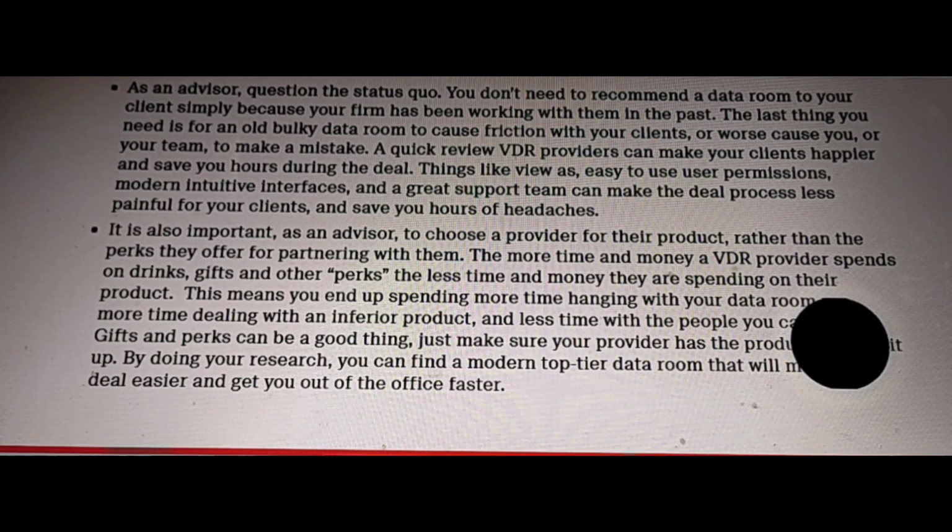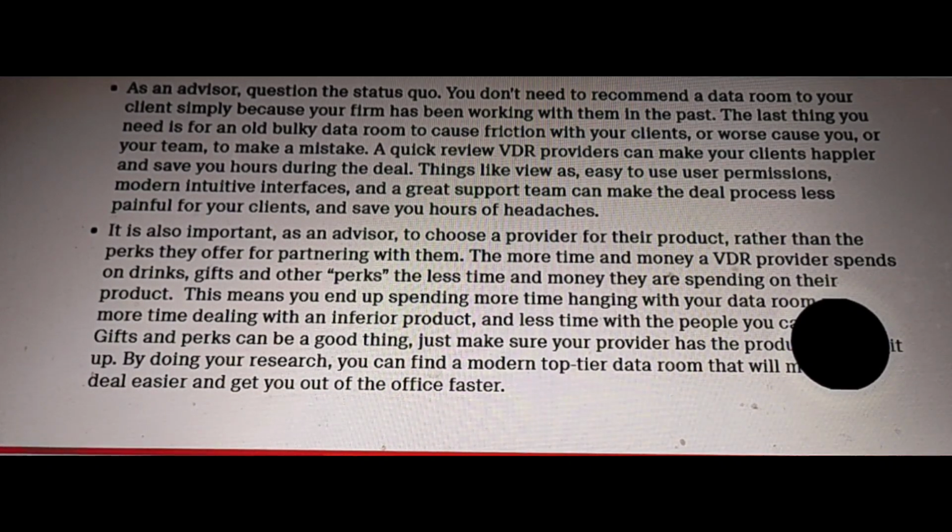By doing your research, you can find a modern top tier data room that will make deals easier and get you out of the office faster. So viewers,